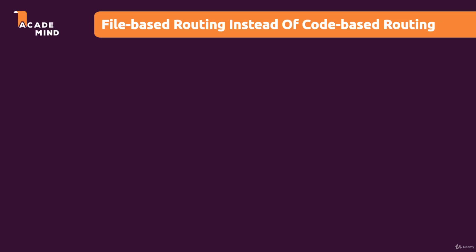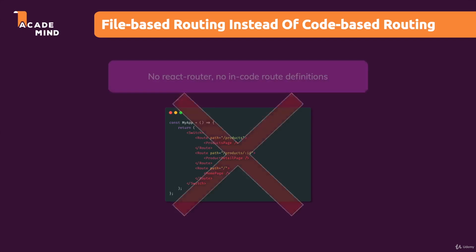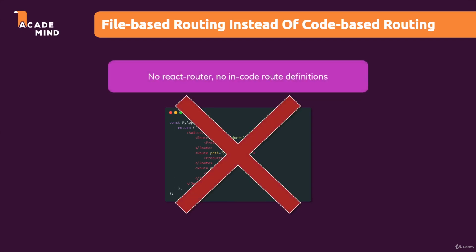In traditional React apps, so in React apps where you are not using Next.js, you set up routing like this. You have some code in one of your React components where you add various route-related components from React Router DOM, which is a great library. And there, of course, isn't necessarily anything wrong with this setup, but this is not how we'll do it with